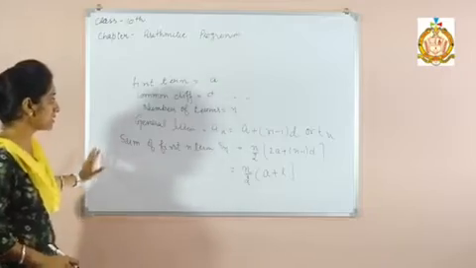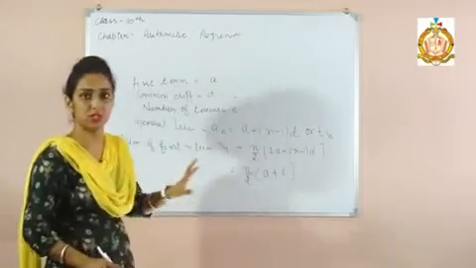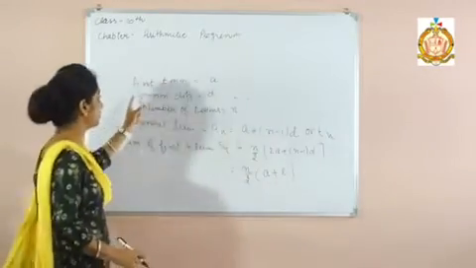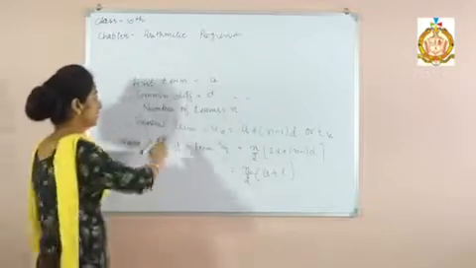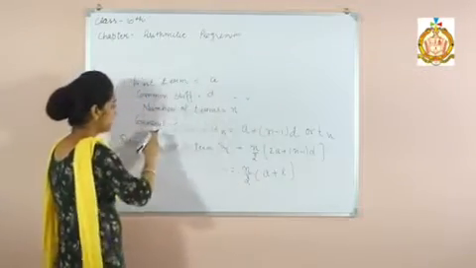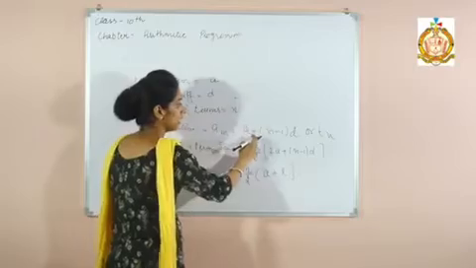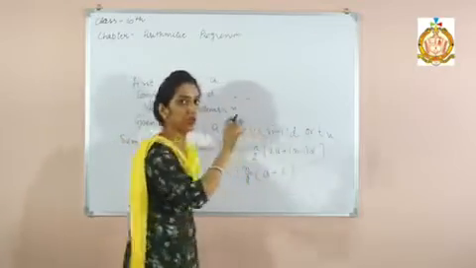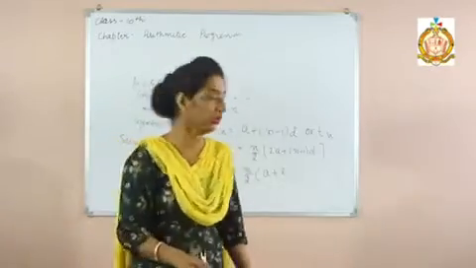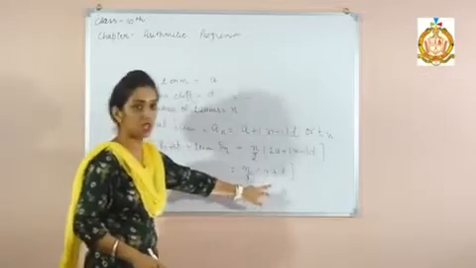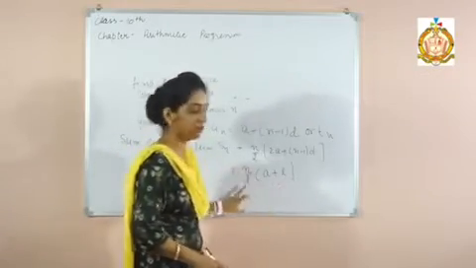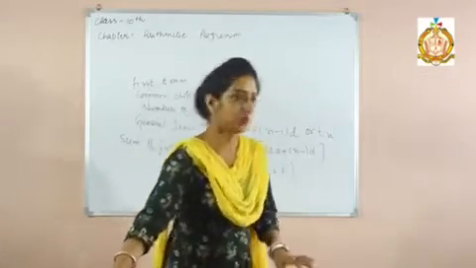So these are the formulas which are used to solve the exercises. I repeat once again: first term is a, common difference is d, number of terms is n, general term is a_n, a plus (n minus 1) into d, or you can denote it as t_n also. For the sum of first n terms there are two formulas. When the last term is given, we apply n by 2 into (a plus l).